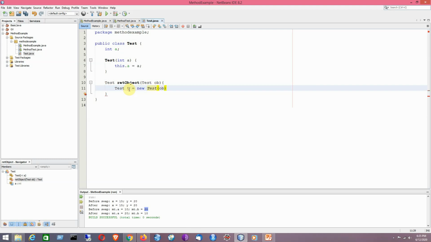Say for example, I would like to increase the value by 5. So that is my objective here. So now I'll be writing here return t. So now I have created a method that will be returning an object. So method returning object,